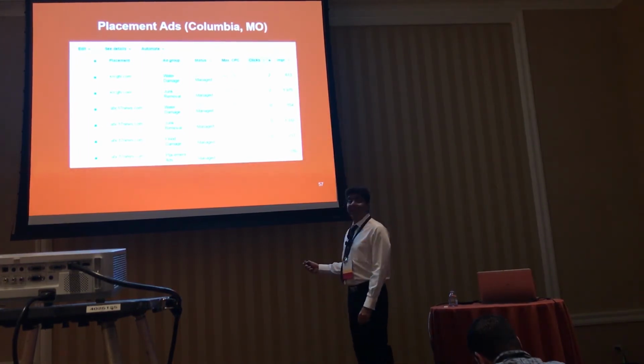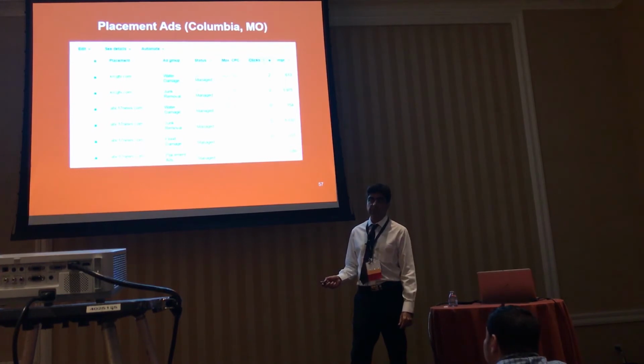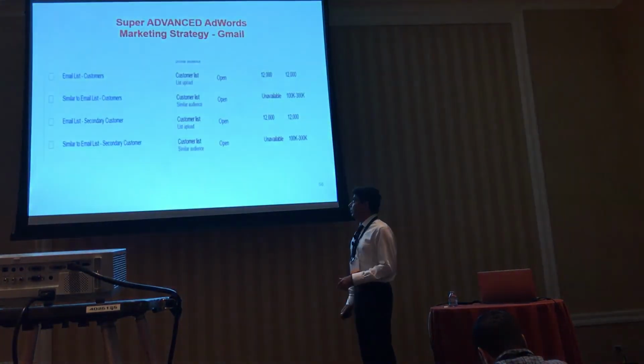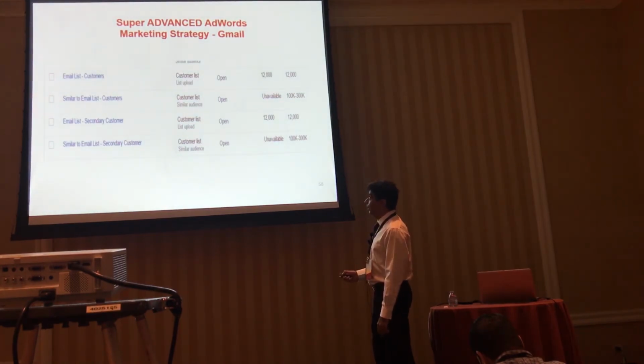So it is possible from Google. You don't need to call those companies and say, hey, CNN, we want to run campaigns on your website for $50,000 for 6 months. We'll do it through Google. We'll do it the other way around. Very powerful strategy for branding. And it keeps getting more advanced.